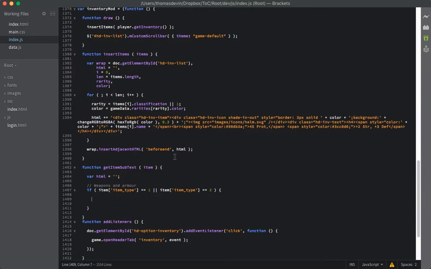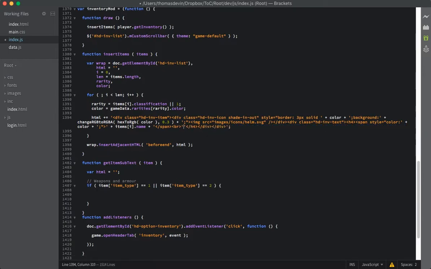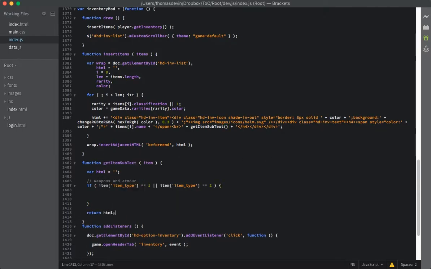So just to test that this is working, we'll grab the span that we have going here, copy this span and delete it out of here, and then we'll put a break, and a break will actually call this get item subtext function, which will then return our HTML that we generate. So in this case, we'll do our HTML plus equals this span, or these spans here that go